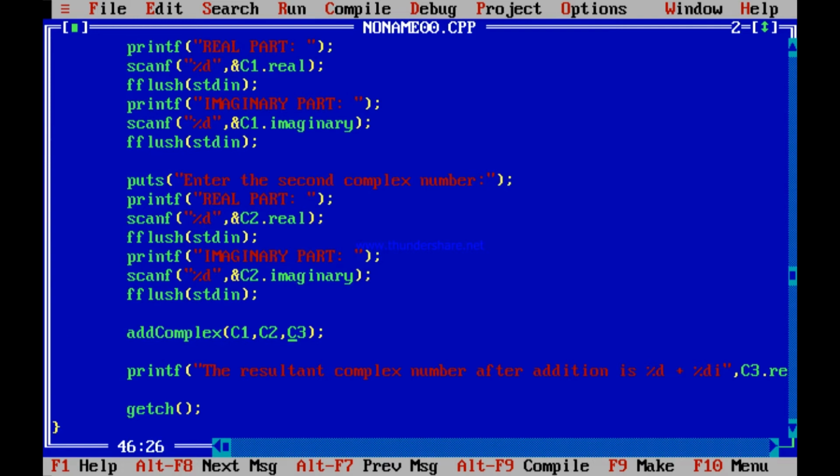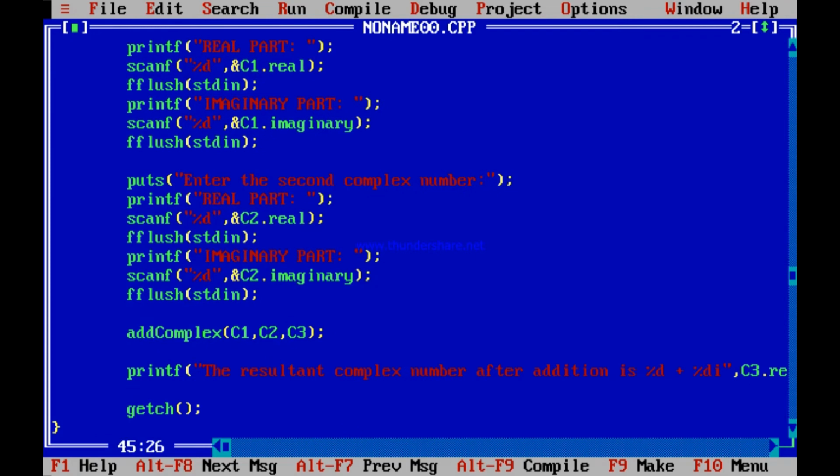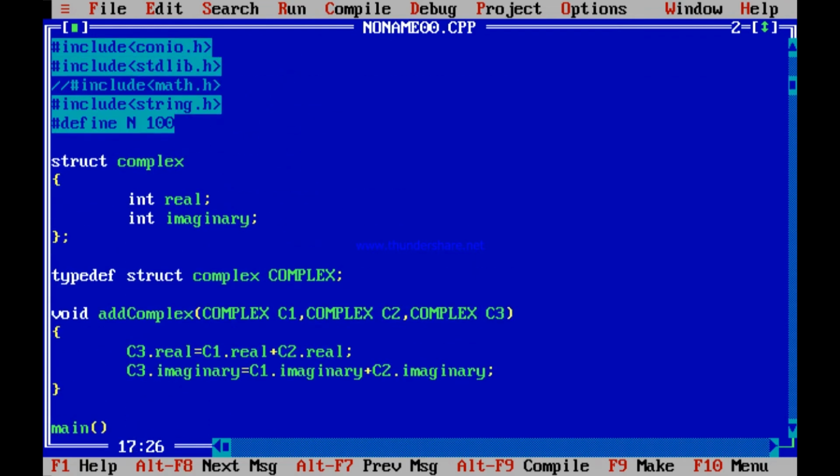The same problem of functions, if you remember. C3 has been declared over here. So this C3 that you pass over there, the C3 that you receive over there, you receive it in a different variable. So that different variable you are working upon over here, and that different variable C3 changes. This struct complex C3 is not the same as the struct complex C3 of main. They are different. So here the change that is occurring is on a different structure. Here also different structures have been received, but the values are the same.